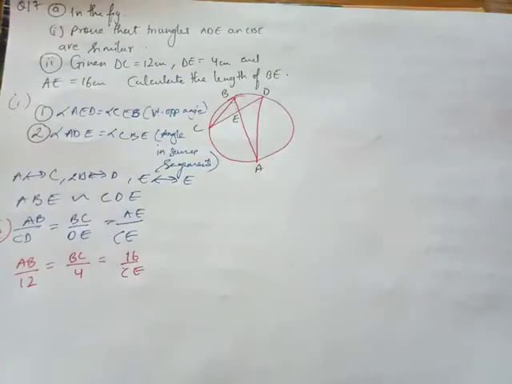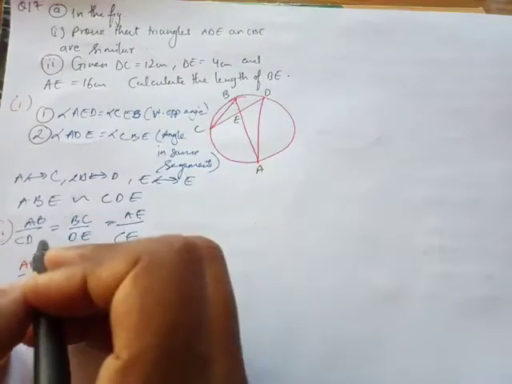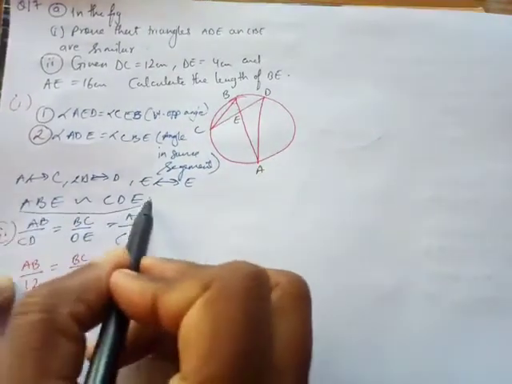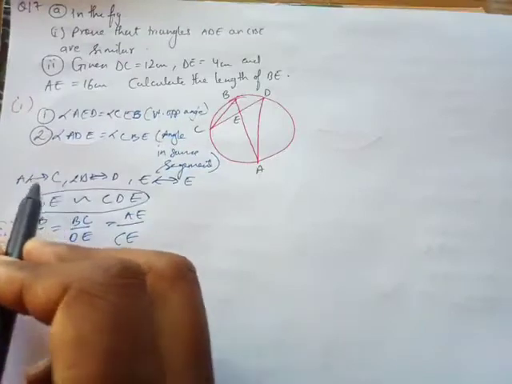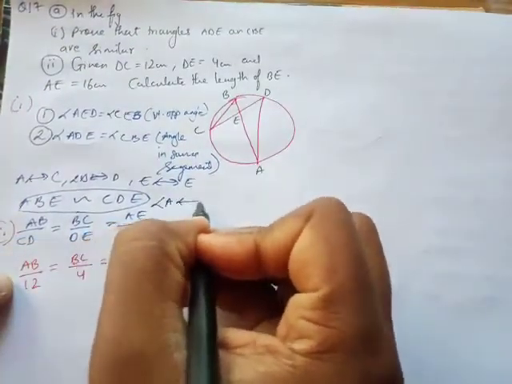Okay, CE is not given to me. So what mistake did I do over here? So this is wrong. I'm sorry about this. This part is wrong for me because I have made a mistake over here. And why did the mistake come over here? Because of this. So I'll tell you, angle A is similar to angle C.